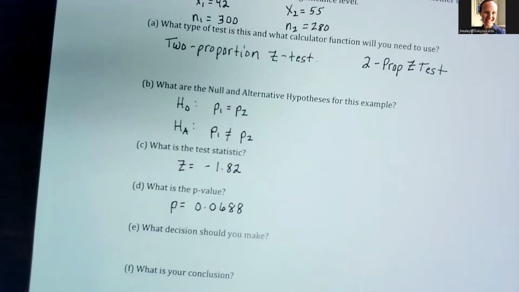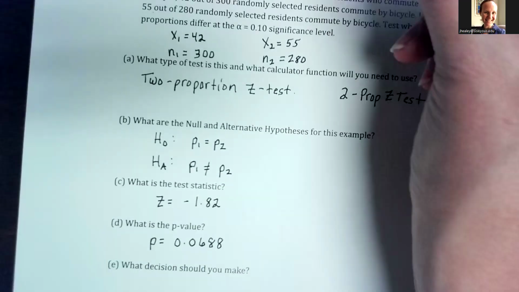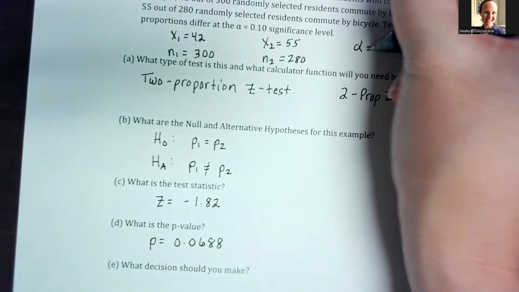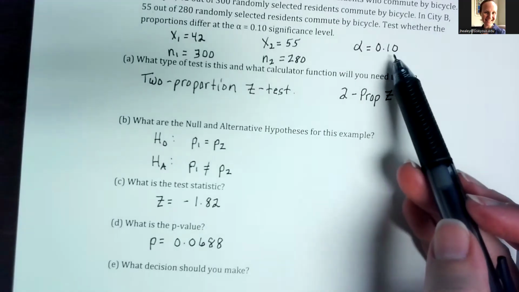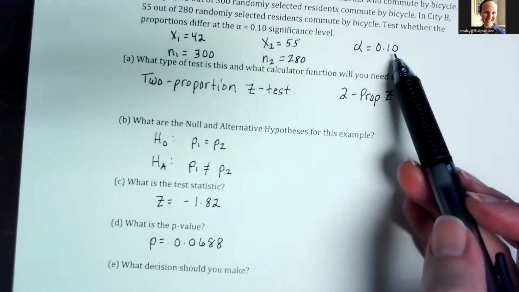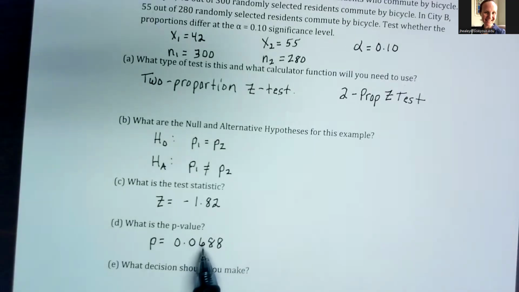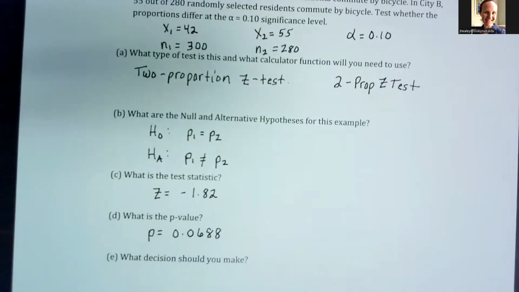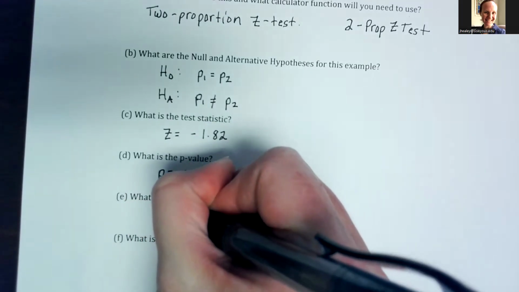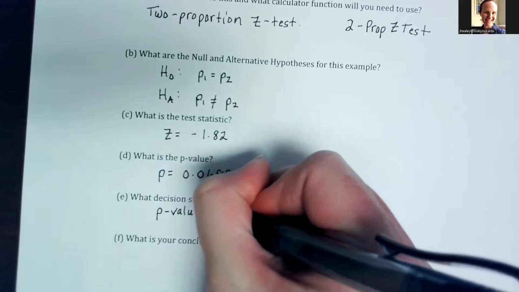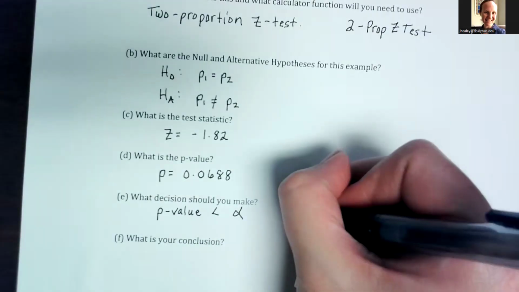So our p is not particularly small in this case. And so if we go back up and we look at what the alpha is for this one, we're hoping it's a high alpha if we're still wanting to be able to reject. And actually, our alpha is a 10% alpha. And so because this is 10 pennies and this is more like 7 pennies, yes, our p is still smaller. So because we got a pretty high alpha, we're still okay here. So our p value is smaller than our alpha because our alpha was a pretty big one. So we are going to reject